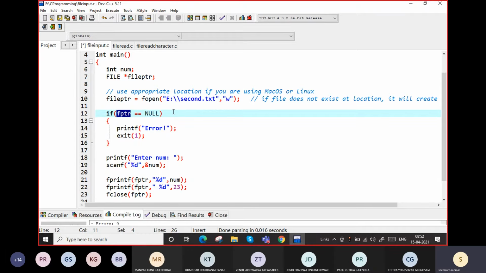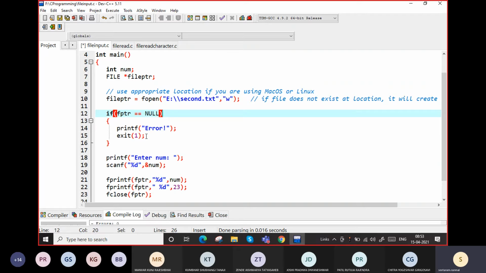If this file ptr equals null, then it gives an error. When will it be null? If there is no permission to write data there, it gives a null. So if you give some path like the C drive, C program files or something, it gives a null pointer.